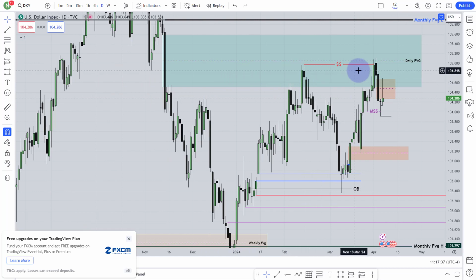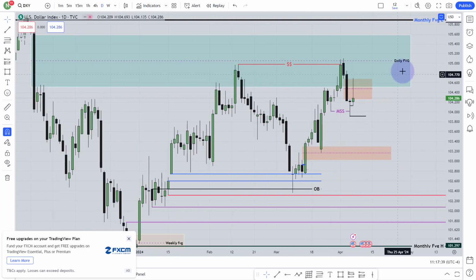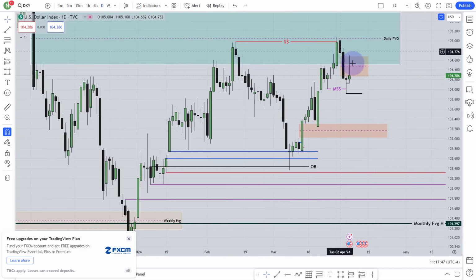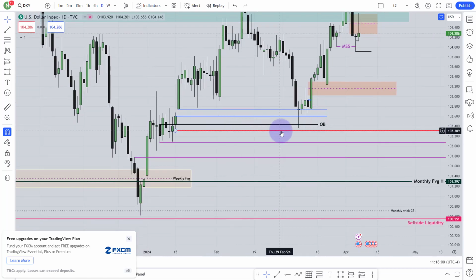Market has taken the most obvious buy side liquidity over here, traded the higher time frame PDRA or the daily last fair value gap, also the weekly fair value gap around the same level. Then it gave you a very nice market structure shift, very nice displacement, a fair value gap, price traded that fair value gap, closed that fair value gap perfectly, and finally it should expand lower toward the sell side liquidity.